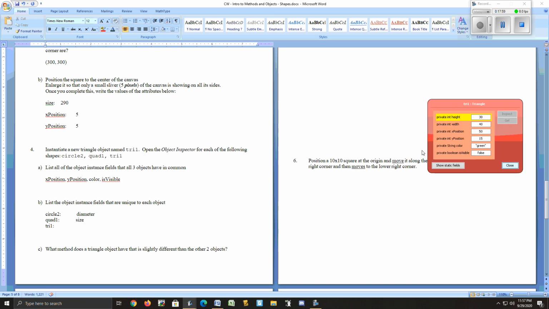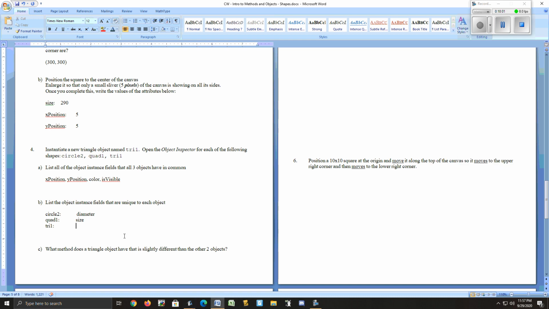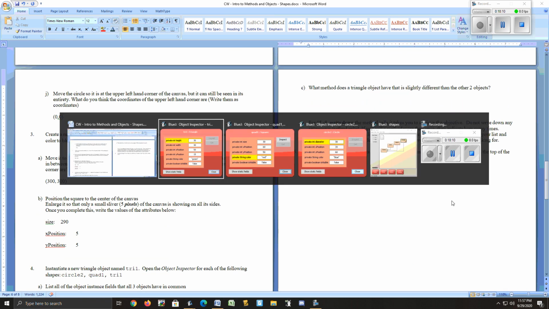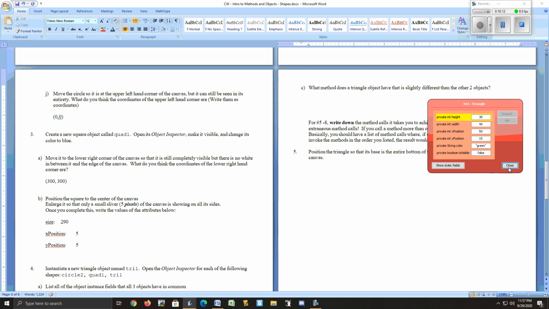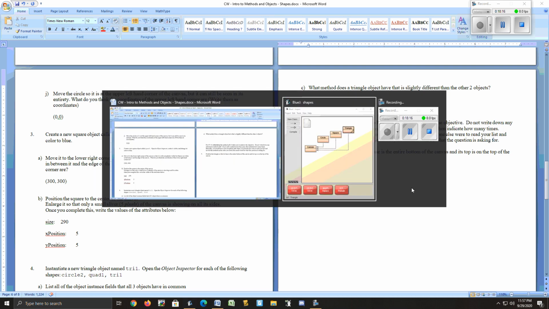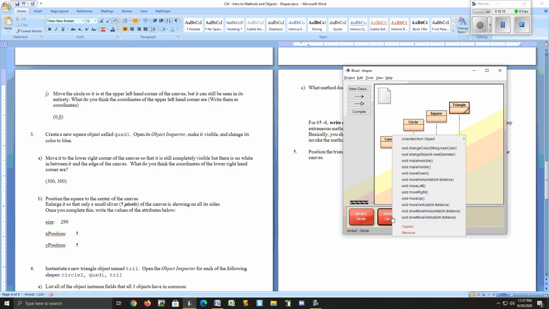All right, continue on to the next page. What method does a triangle object have that is slightly different than the other 2 objects? Now I got to look at the methods. So close this, close this, close this, and now let's look at the methods. So let's see here. This has change color, change size, make invisible, make visible, move down, move left, move right, move up, move horizontal, move vertical, and then these slow moves. So other than change color, change size, I have the visibles, move in 4 directions, move horizontal, vertical, and then